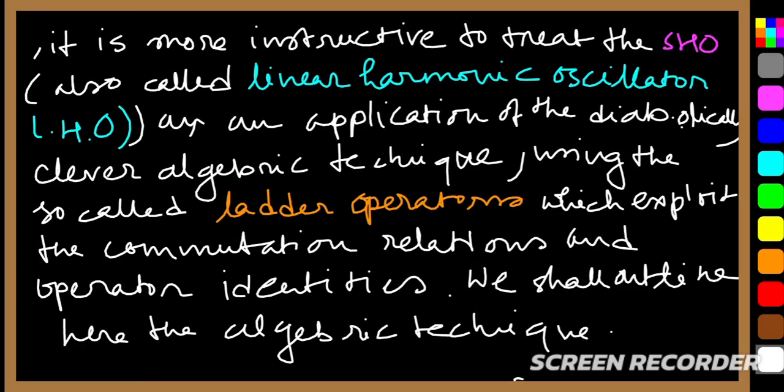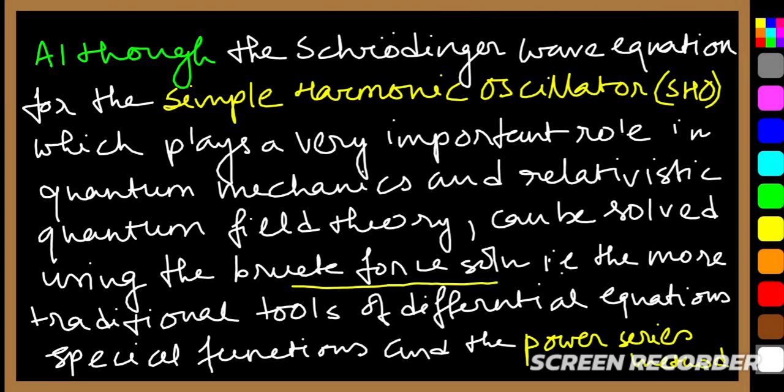Okay, so first of all I have to say that although the Schrödinger wave equation for the simple harmonic oscillator SHO plays a very important role not only in quantum mechanics but also in relativistic quantum field theory,